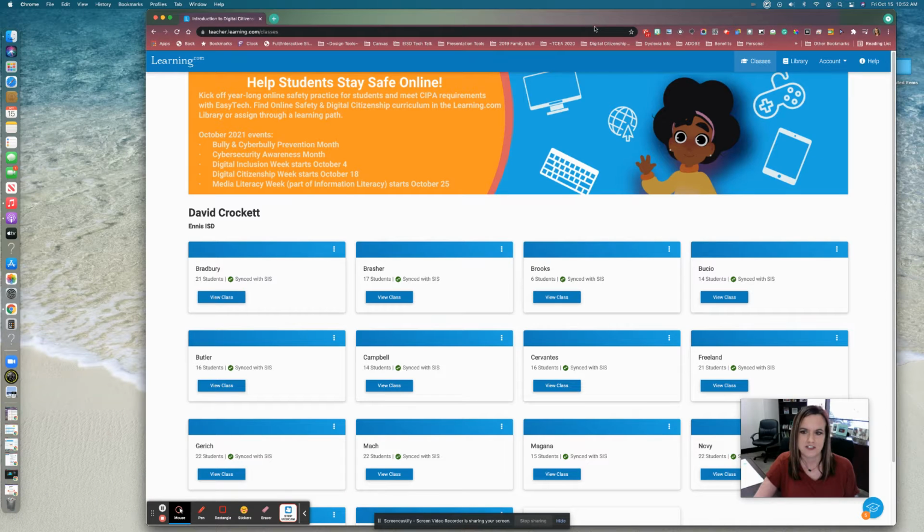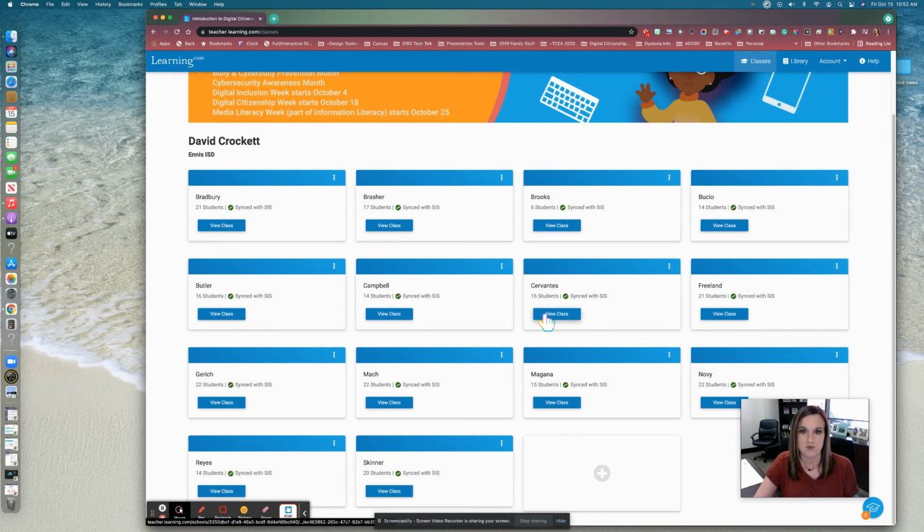When you log into learning.com for the first time, you're going to see your classes dashboard. Any class that you're assigned to is going to show up on this dashboard, and you can go into each individual class. If you would like to manually create your own class, you can do that here by clicking on this plus